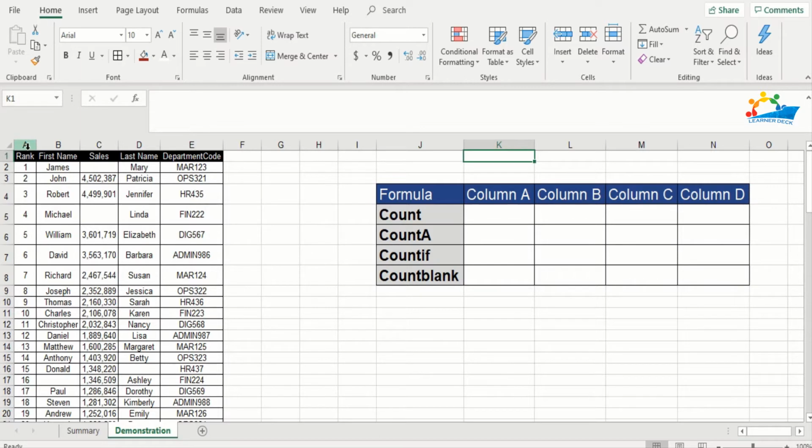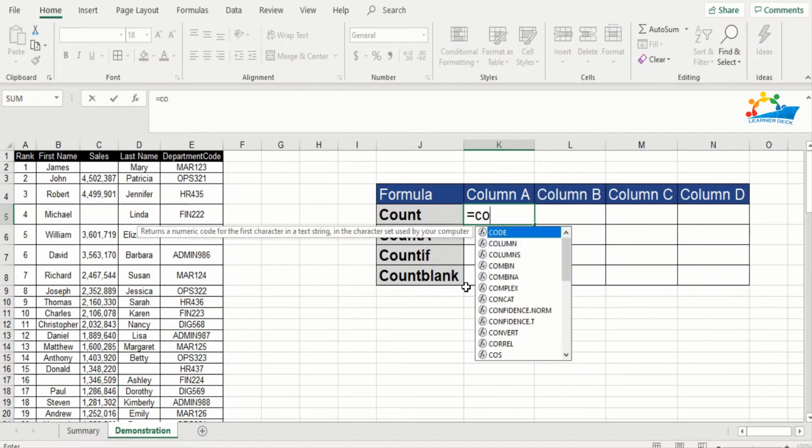The reason I have created these columns is that the first column has numbers, the second column has alphabets and spaces, the third column has numbers and spaces, and the fourth has actually names and spaces. So this is our table, and we'll try to put in formulas for all these columns so that we also get to know the differentiation between all these functions when we have different data. So let's start with the count function.